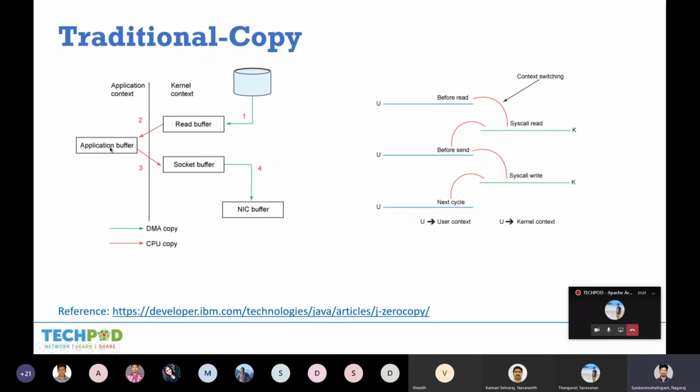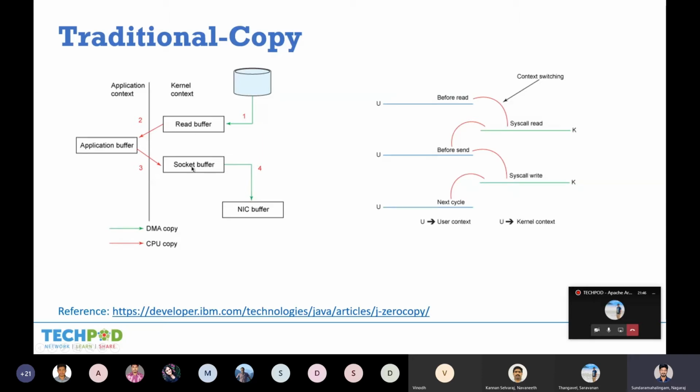Again it switches from user to your destination kernel, because you're sending this data from here to here. It travels like this. So from application context to your kernel context, again there is a switch and again a data copy. So there are 3 data copies, 1, 2 and 3.